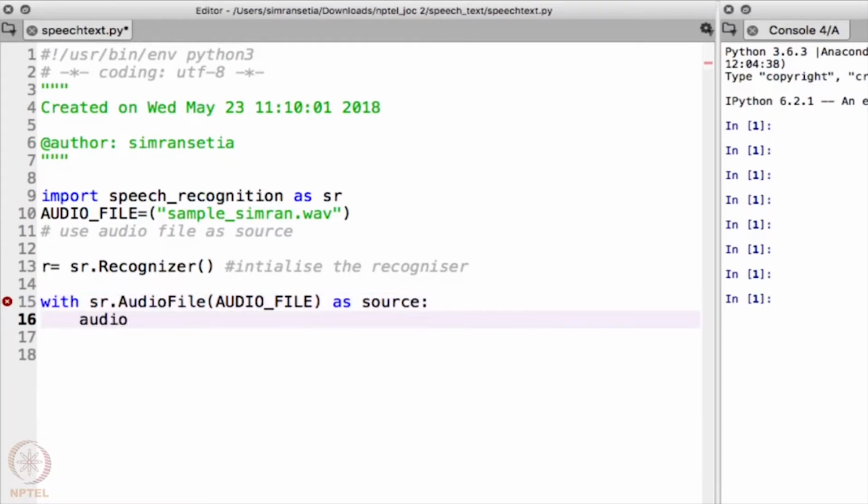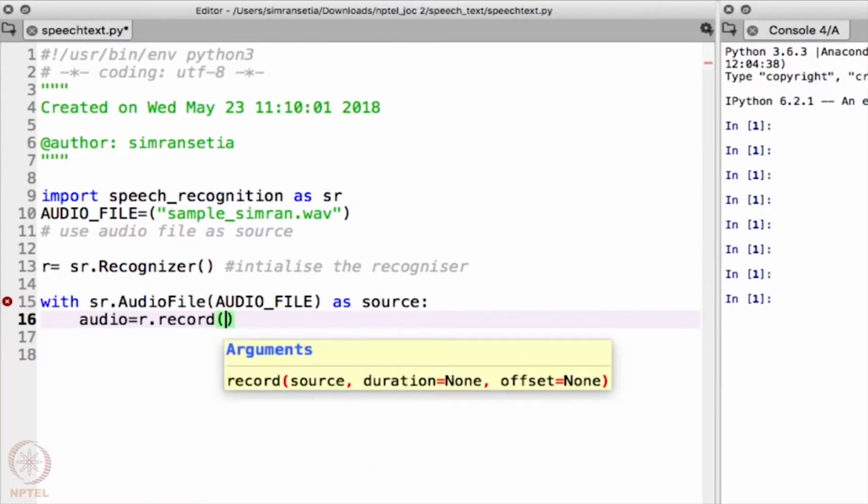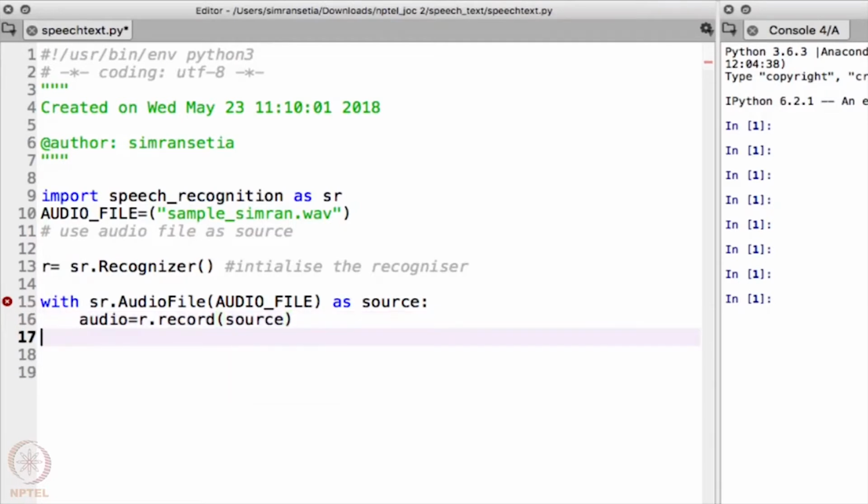What you have to do here is audio = r.record(source). So this function will basically read your audio file.